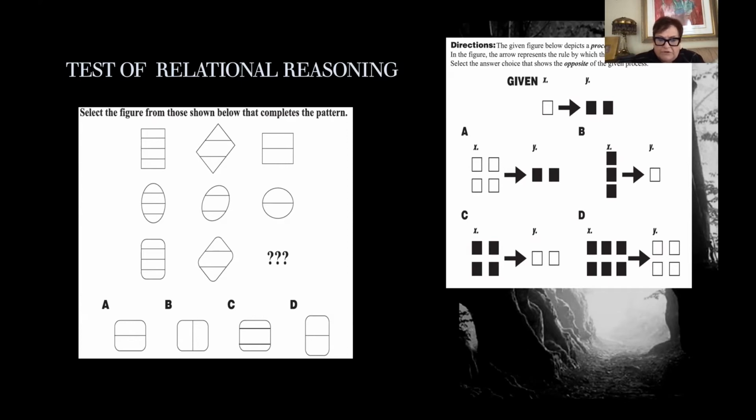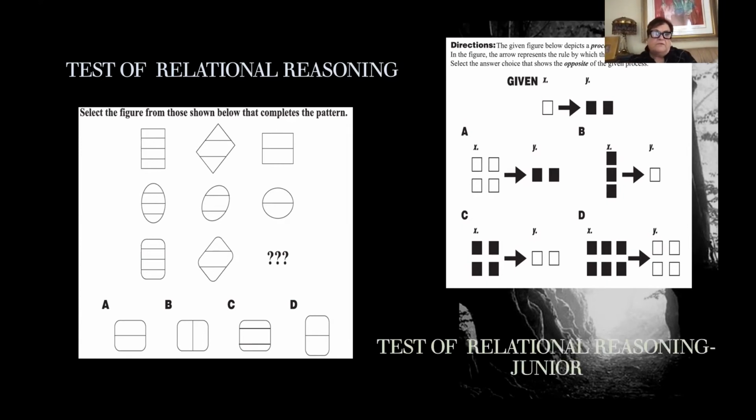All the measures I'm going to show you have a consistency of structure in that way, and all four forms are tested. Now, there's also the Test of Relational Reasoning Junior, which has gotten a lot of use as of late. There are norms for it. It has been standardized, but into two age groups, because there seems to be some sort of shift that occurs probably about fourth or fifth grade, depending on the country you're in. But it's very similar. It has 4 scales, each consisting of 8 items. So all of these measures have 32 items, 8 items per scale.